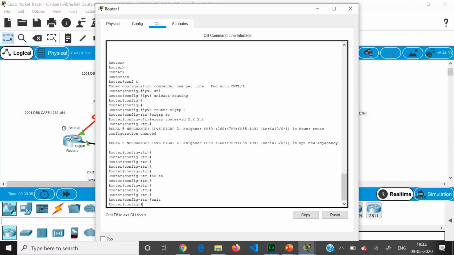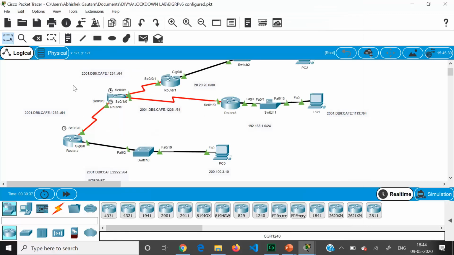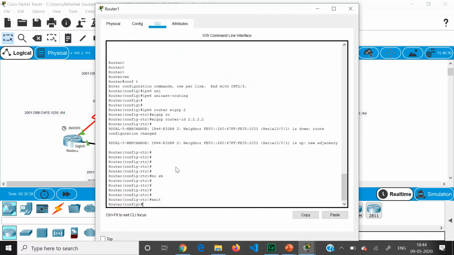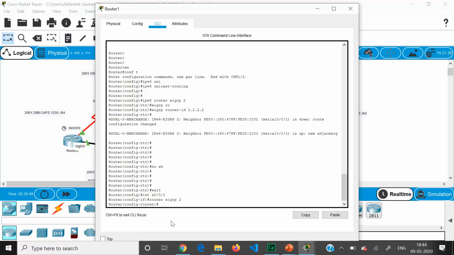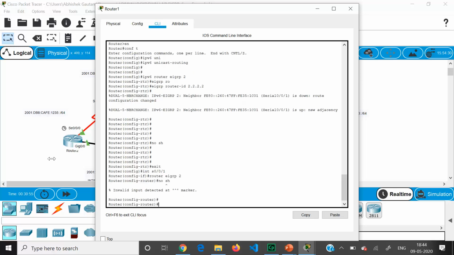exit. And let me see what is the interface that is connecting. It is S001. So I will go to int S001 and I am going to say IPv6 EIGRP 2. Right? And you can do no shutdown as well.